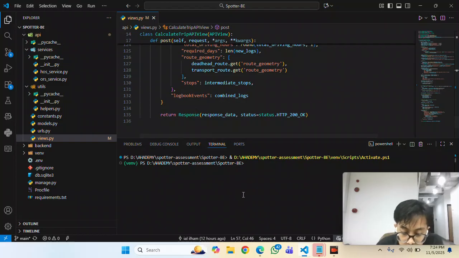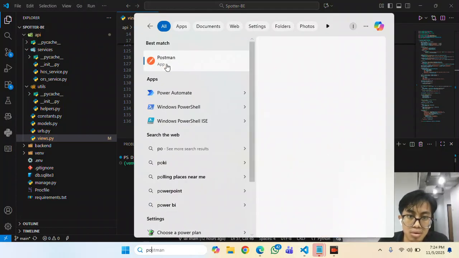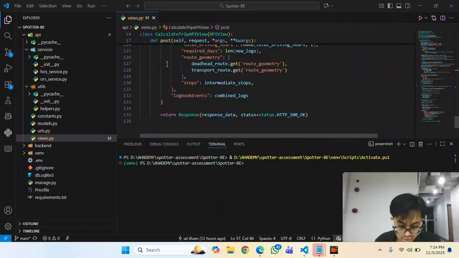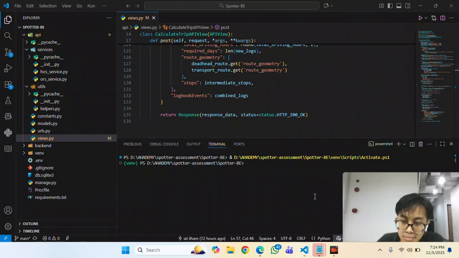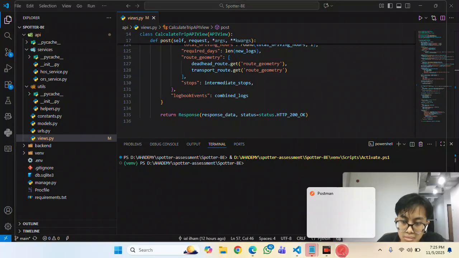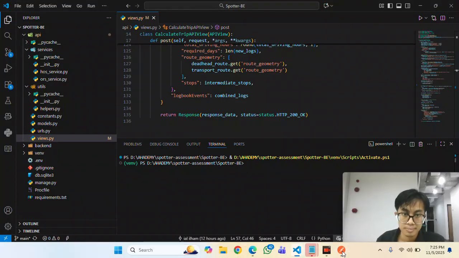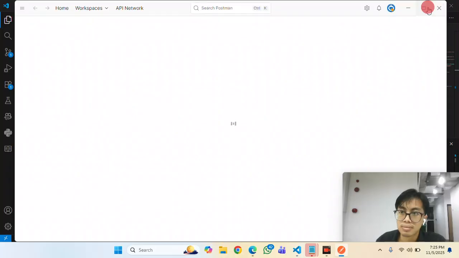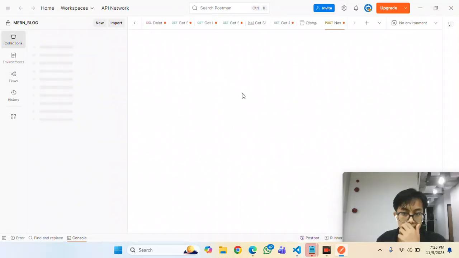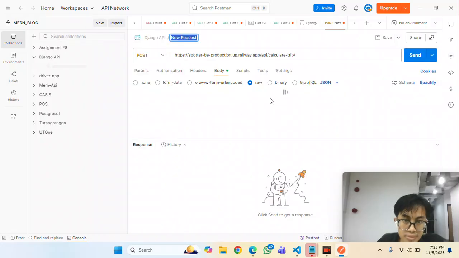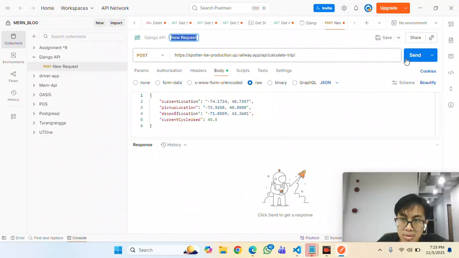So when we execute the API, I define for the body that we should have a current location, pickup location, drop-off location, and current cycle used.